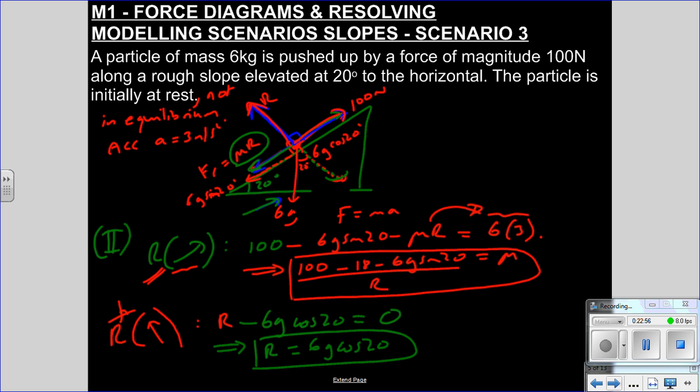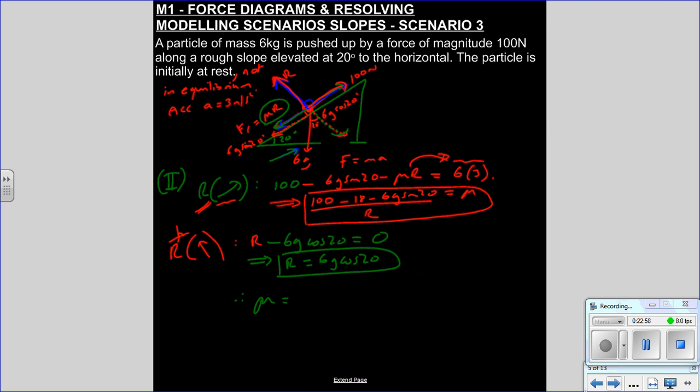Okay. So therefore mu equals 100 minus 18 minus 6g sine 20 all over 6g cos 20, which will be 100 minus 18 minus 6 times 9.8 times sine 20, all divided by 6 times 9.8 times cos 20. So 1.12,